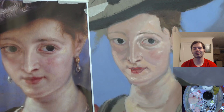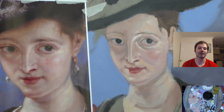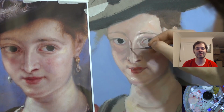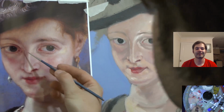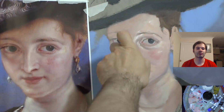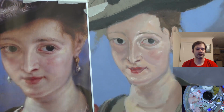A bit over the top on the level that I should paint it at. I start thinking that I should be able to paint it exactly the same and as good as Rubens, when reality is I'm no way going to be able to paint it as good as Rubens. Not only have I not had as much painting practice as Rubens, but also I'm not a natural artist. You know, it's hard work for me. I've got to keep working hard to be good. I'm not a natural, and